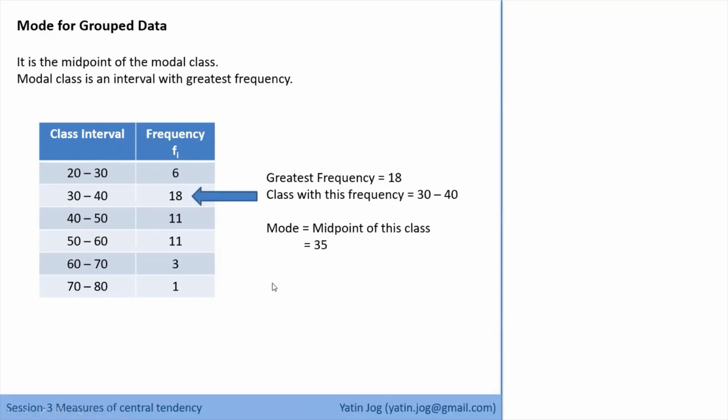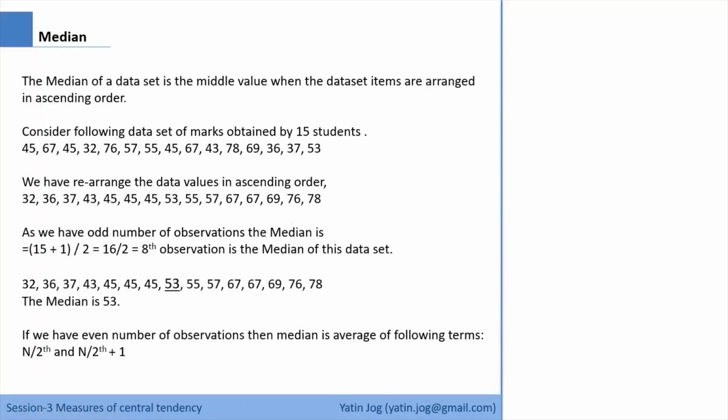Now the third concept is median. If you look at mean, median, and mode, all these 3 are part of central tendency. Now when I say central tendency, what is the meaning of tendency? Anyone? What is the meaning of tendency? Behavior of the data set. Yes, behavior. Tendency is behavior, characteristics. And when I say central tendency, that means common behavior, common characteristics.